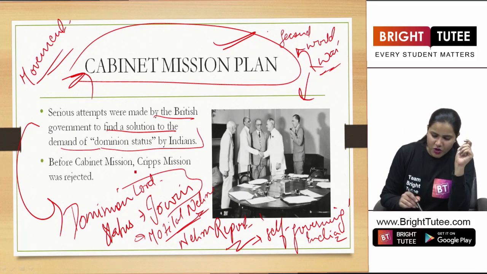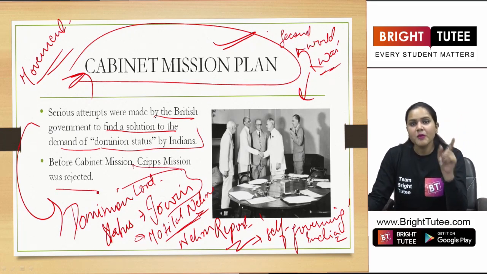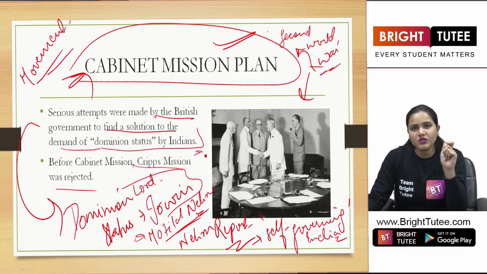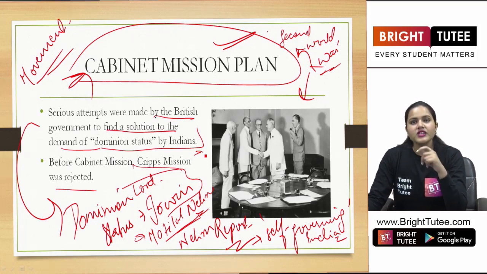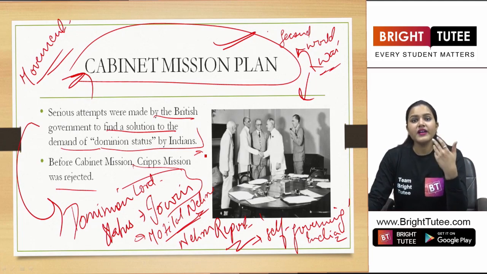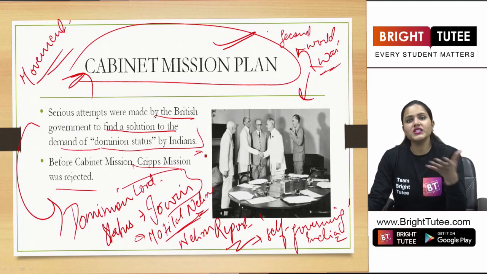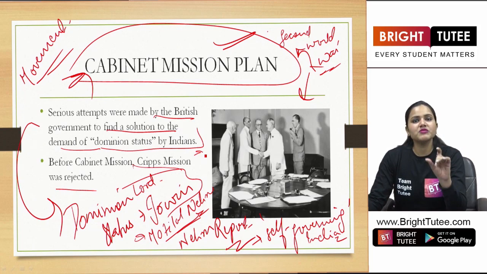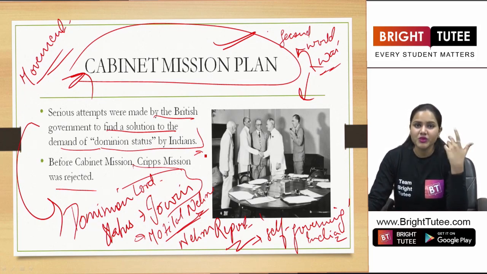So this was all about the Cripps mission. Because of this, a mission was sent to India that was headed by Stafford Cripps, and the mission was known as Cripps Mission. So they wanted the support of Indians in the war, and in return they promised that they are going to give this dominion status to the people living in our country. But somehow this Cripps mission failed. People were not ready to help Britain in war, right?